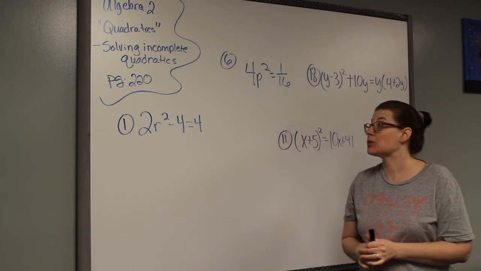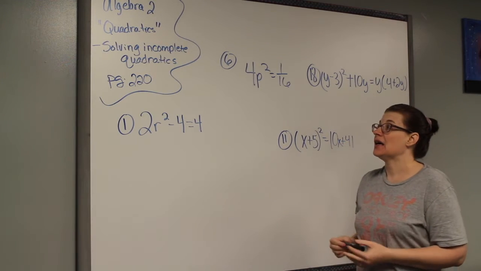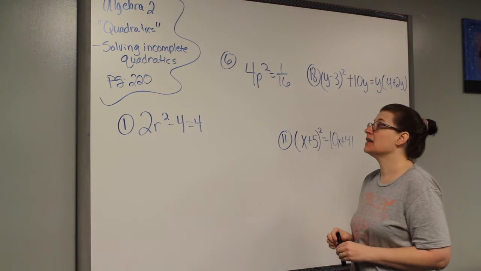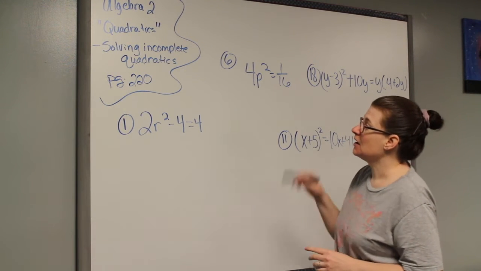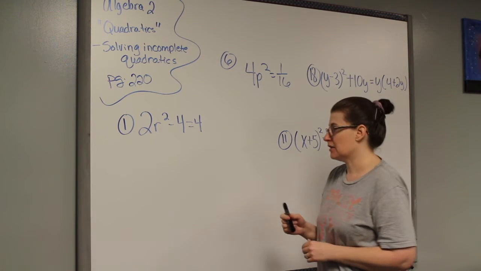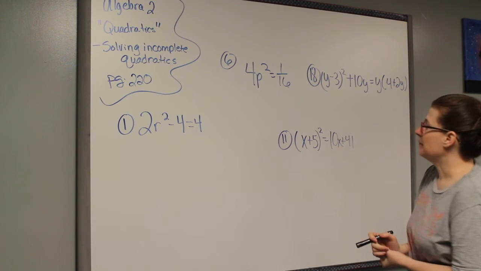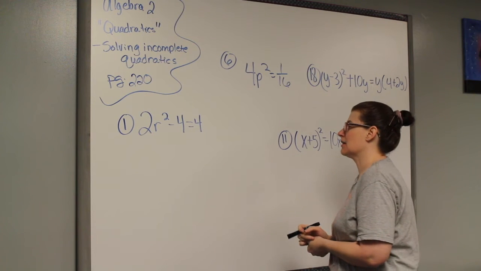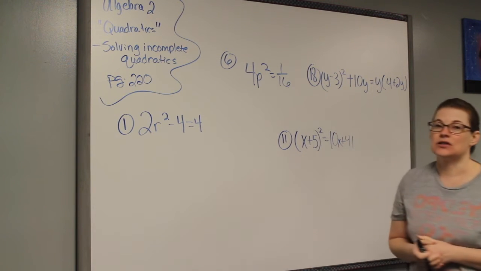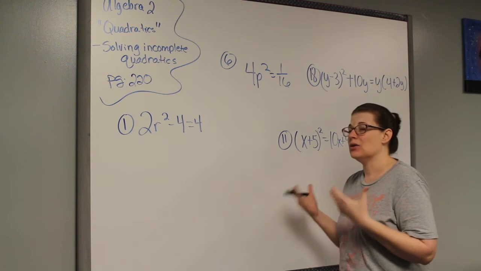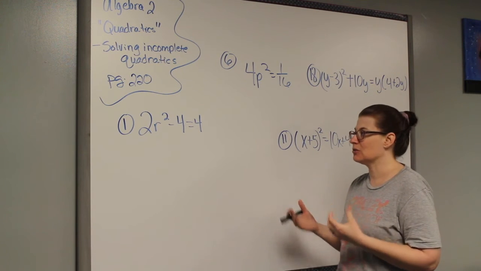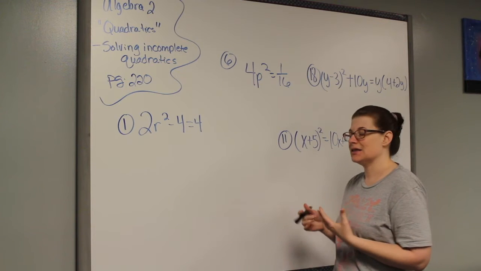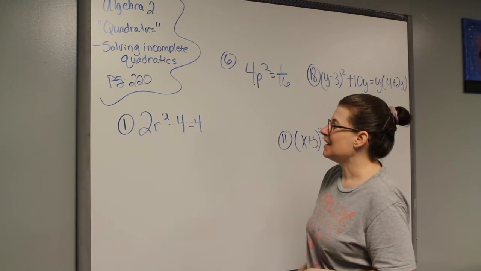We're still dealing with quadratic equations, and today we're talking about solving incomplete quadratic equations, and this is on page 220 if you're actually in my class. So I believe I assigned you like 2 through 22 even or something like that, and I got 4 examples here for you. There's not a whole lot of notes in this section in your book. Basically, an incomplete quadratic equation is missing